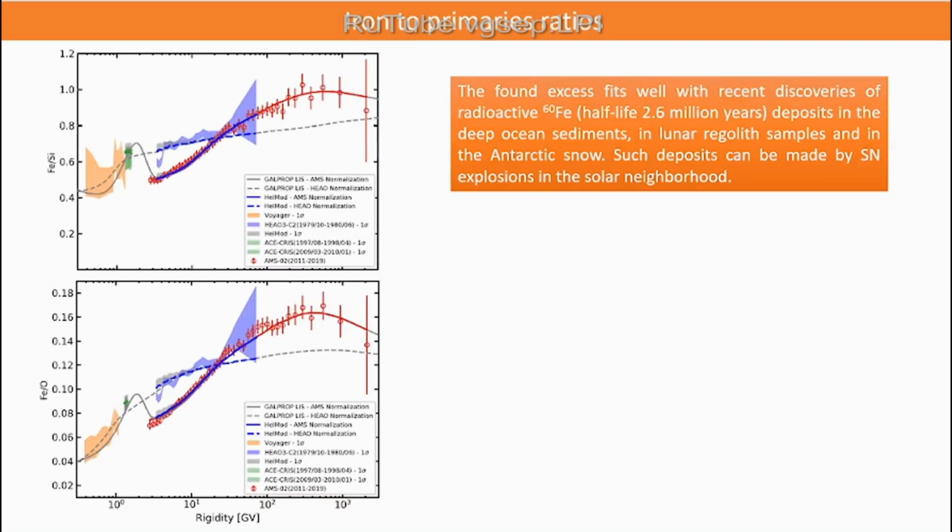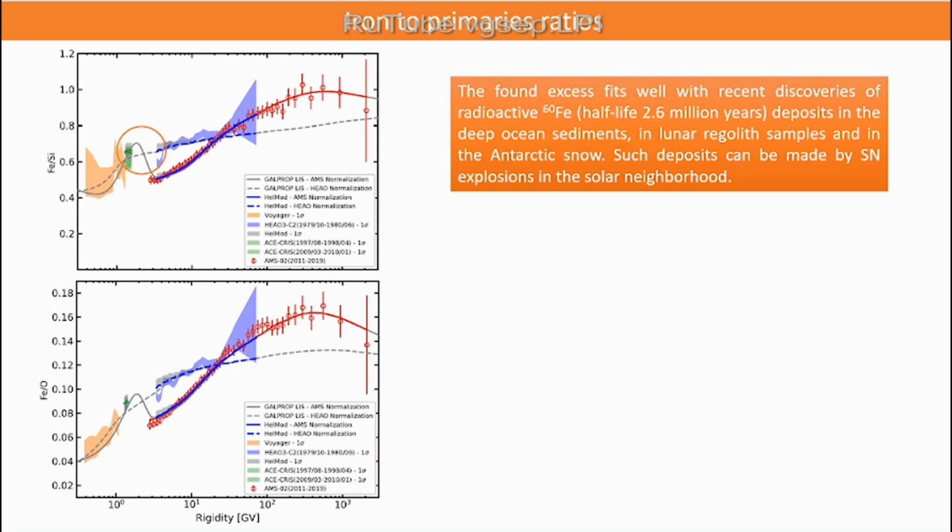And you can see clearly here, for example, in this important iron to primary ratio, iron to silicon and iron over oxygen on the bottom. And you see here that if you want to catch AMS-02 data in red, you have to produce a bump to catch again ACE and Voyager. So these hints of excess fit well with the recent discovery, for example, of radioactive iron-60